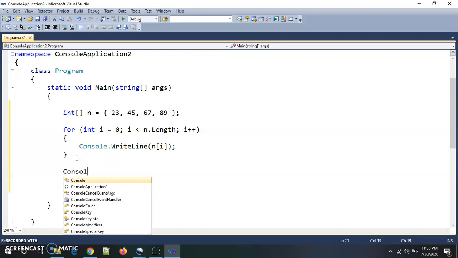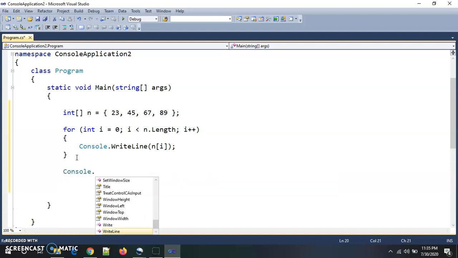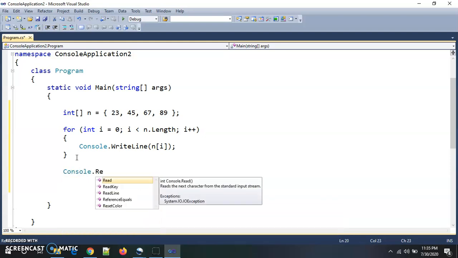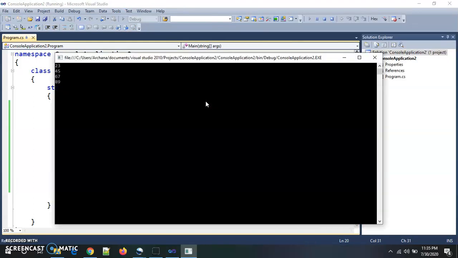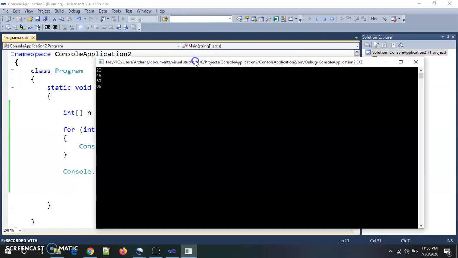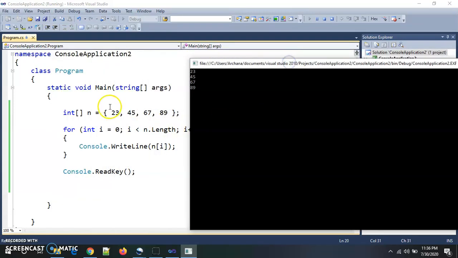So my end line, as usual, we give ReadKey at the end of the program. Now if I run this program, it gives me the same output. The first value is 23, so it gives me 23, 45, 67, 89.